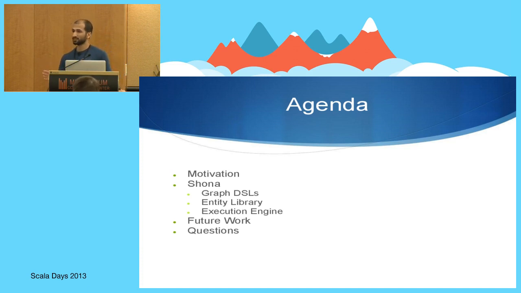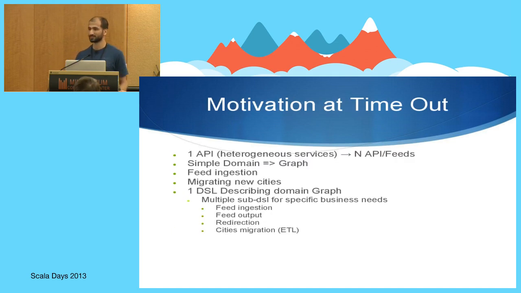Shona is quite a bleeding edge library. It uses macro paradise, so it's not just macros, but it's the macro paradise branch. And Alois can tell you some funny stories about what happens when you use snapshots instead of actual real builds. And then after that, since it's quite a bleeding edge library, there's quite a bit of work we still want to do and we need to experiment with. So we'll describe a little bit what that work will be. And finally, at the end, there'll be some time for questions.